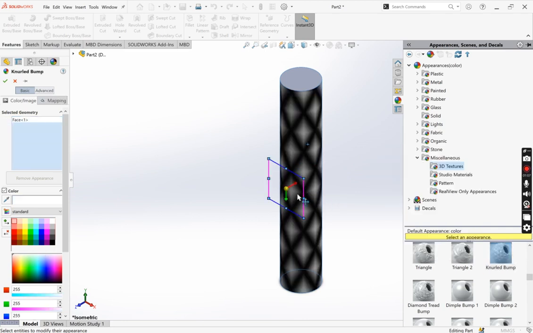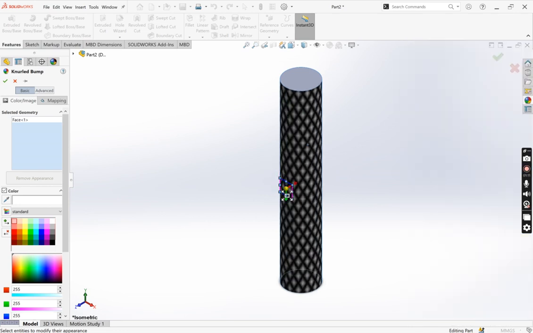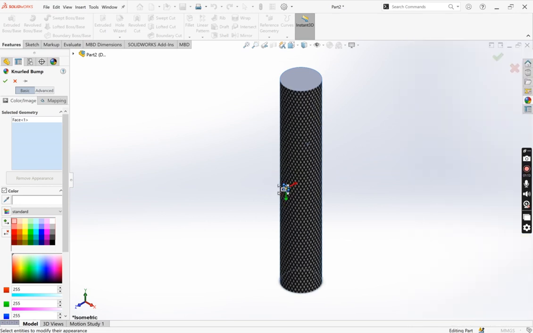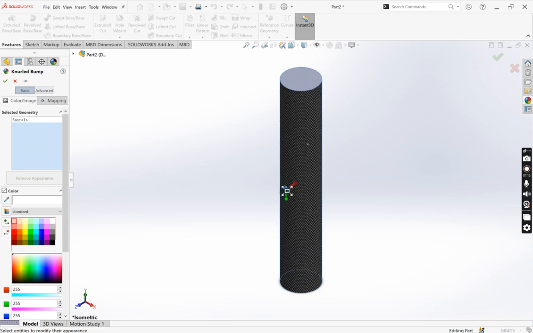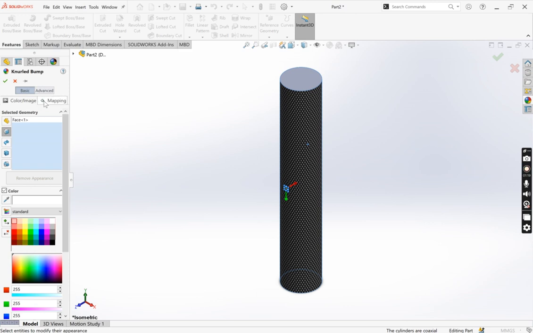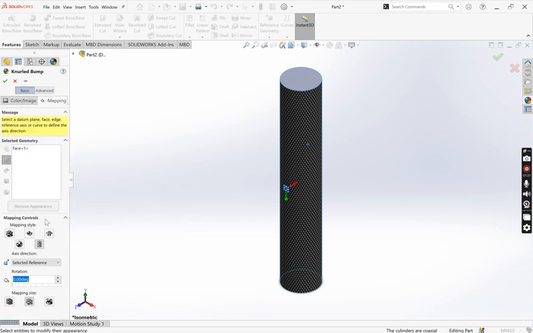So when that goes onto the face, you can see this little square where I can drag from the corner to determine how many of those little knurls we need. We'll get it for visual purposes for the time being. And on the mapping on the left hand side, we can look at what the object is. So this one's a cylinder, so it'll be cylindrical mapping the whole way around the surface. Depending on the object, we would need to change that on these flat surfaces or whatever it may be.